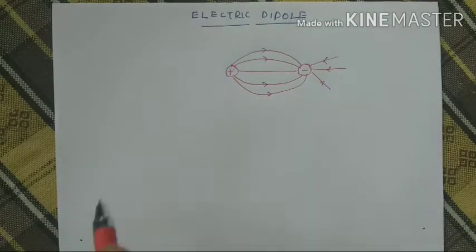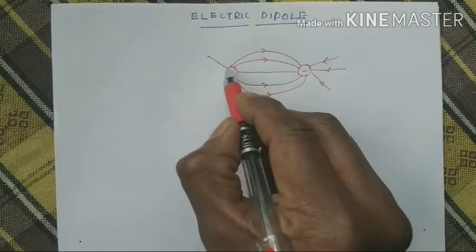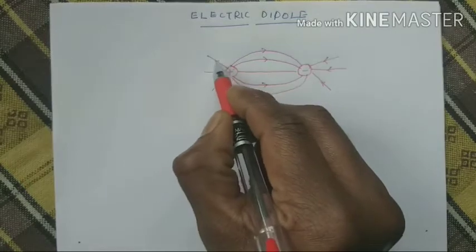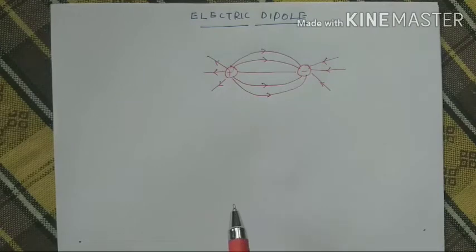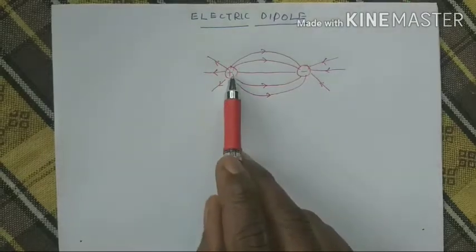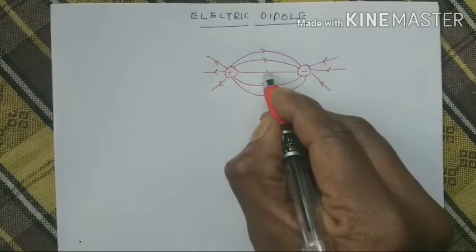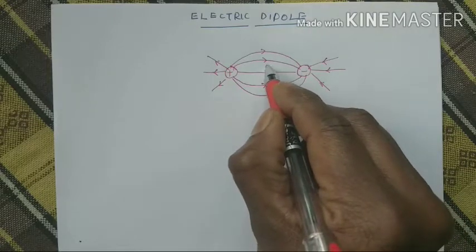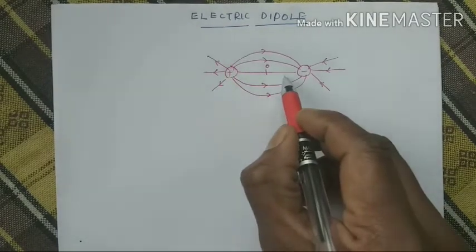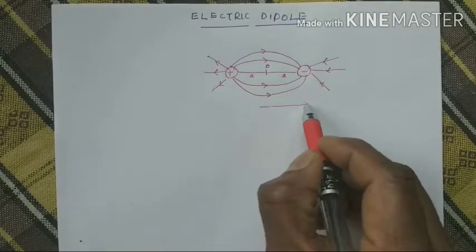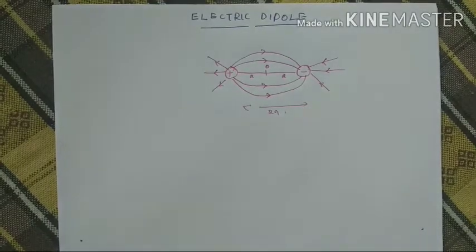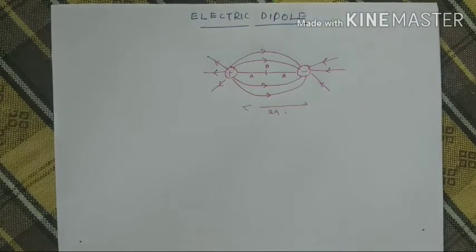Similarly, electric field lines will be converging towards the negative charge as I am drawing, and in the case of a positive charge, electric field lines will always diverge from the positive charge. That we have already studied. So anyway, for a dipole, as I told you, these charges are separated by a very small distance. Suppose I make O the midpoint of these two charges and a the half distance, then of course the total distance will be 2a. I am taking this 2a only for convenience in the derivation of the total electric field.